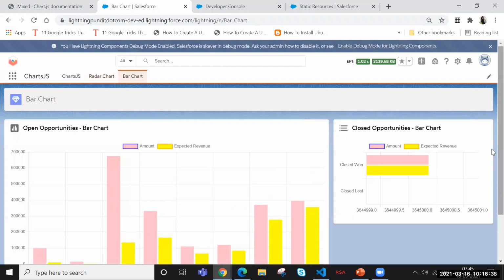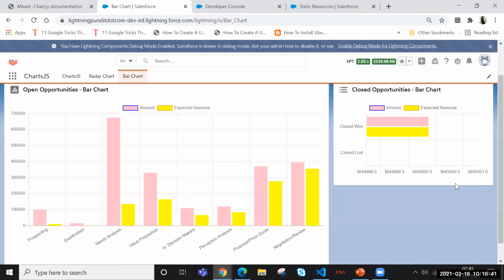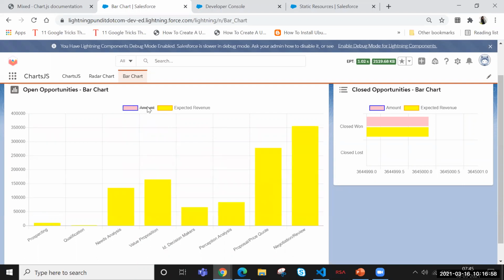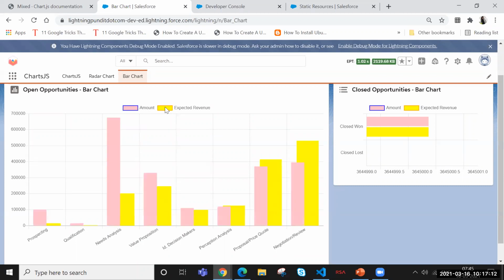The third one is bar graph. In bar graphs, we have many functionalities, like we can display these grid lines. And also on hover of these bars, we can change the colors. There are many animations also possible, but for the demo, I have kept it simple. And we can scratch out one of these and see only the expected revenue, like this. In these legends, it also shows the expected revenue value as well.